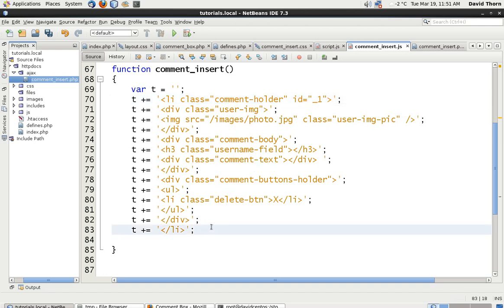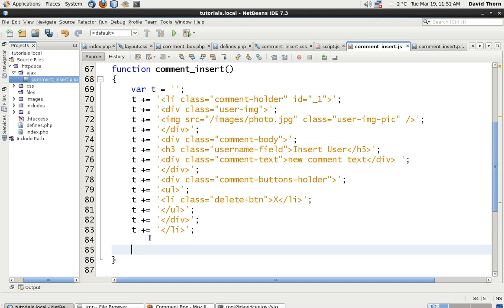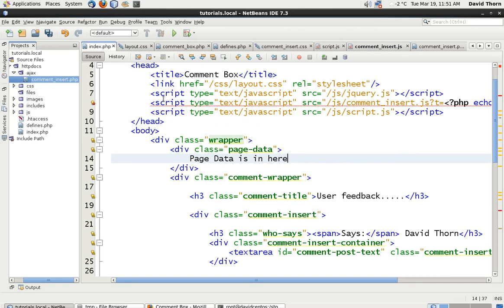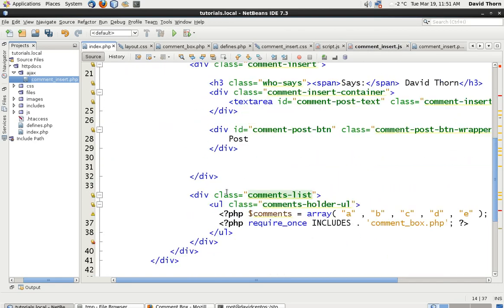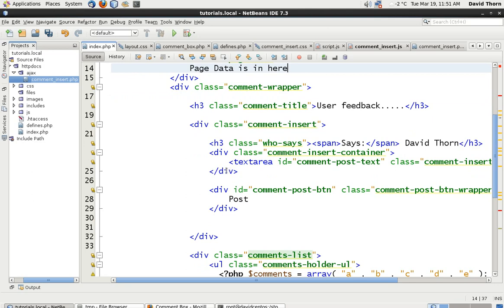Okay, now so let's just, where was it? Username field. Let's just put inserted user in here for the time being, and say new comment text. So we're putting inside of the comment text area, new comment text, and inside of the username field we're putting insert user. Okay, now we need to know the name of the actual UL which we're inserting it into,